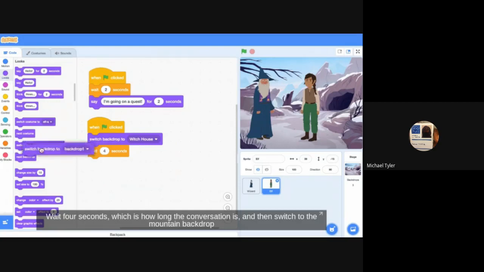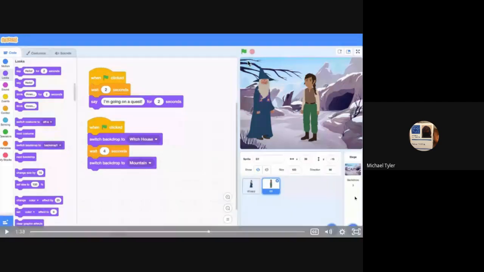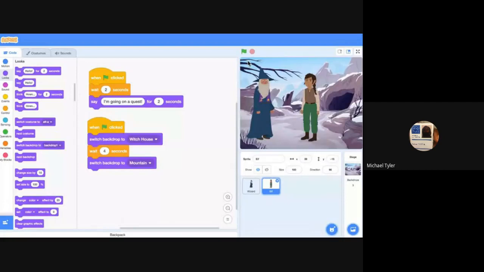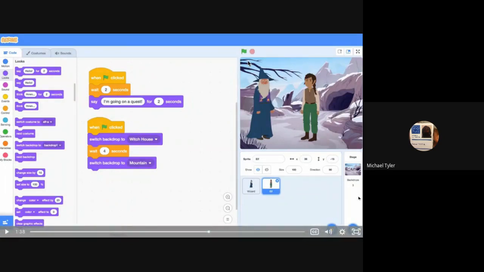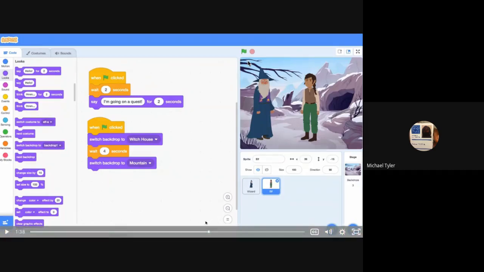Okay, so pause the video. I want you to do that step because you got to be able to have them switch scenes correctly. So you see what happened when he hit start. That second character is going to wait at the witch house, right? Instead of just being on the mountaintop, wait at the witch house, and then 4 seconds is the conversation, and then when they switch to mountain, they're there. If you play the video a little more, you can see what they do, but you might want to pause it so you can try it yourself as well.